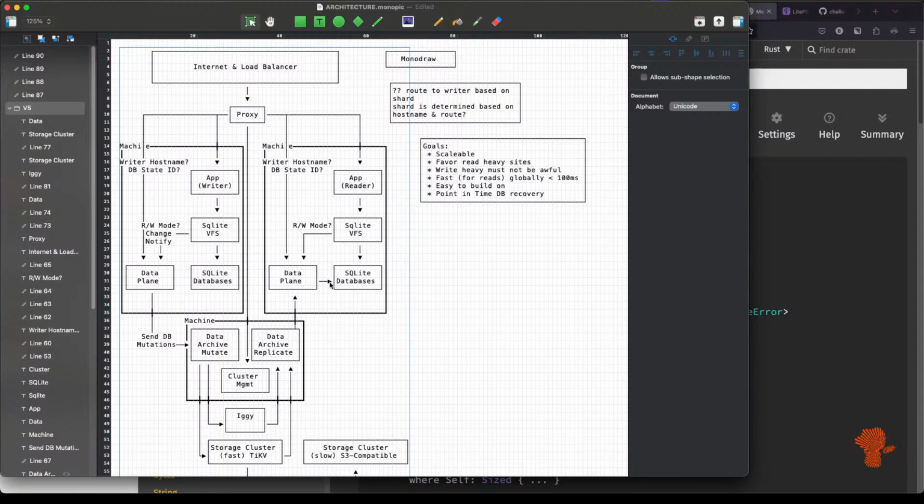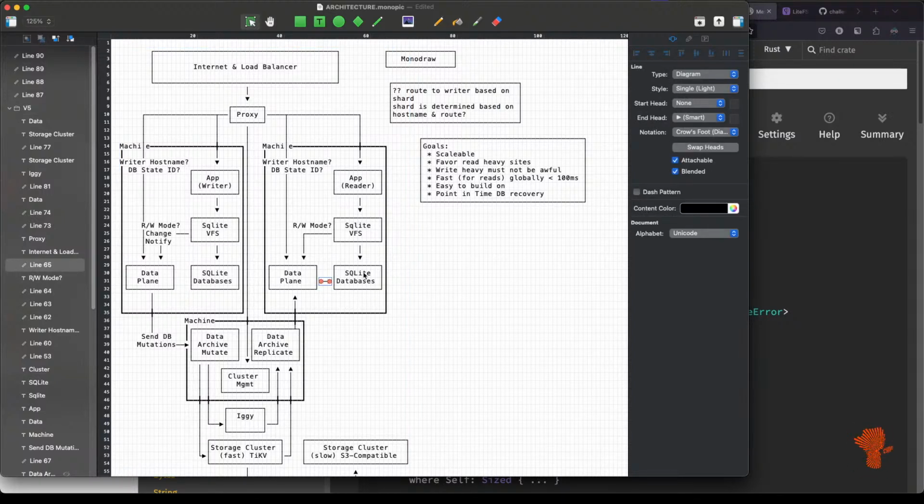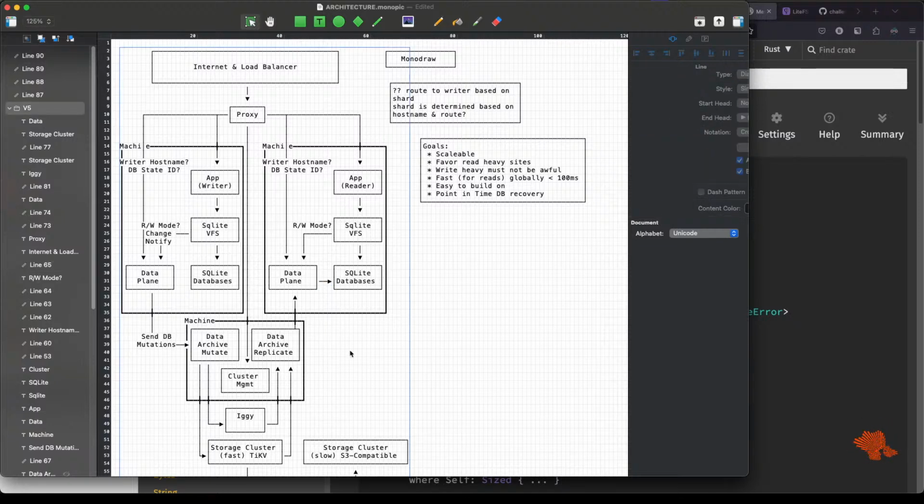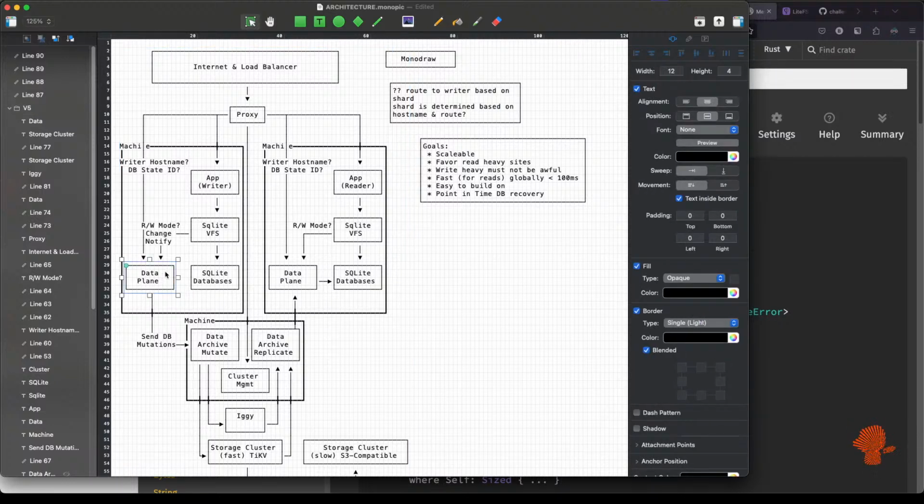We still have some changes that need to be done on the right side where a mutation happens. Right now, it just makes the change to the database files itself instead of appending to a WAL log. On the left side, we are in the process of taking the changes from dataplane, because dataplane will be notified that a change has happened by the VFS. Dataplane takes that change, sends it over to the data archive, the mutation side, not the replication side. So we are currently trying to get this side wired up.